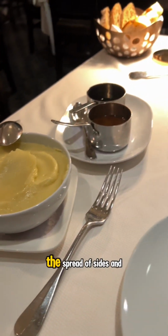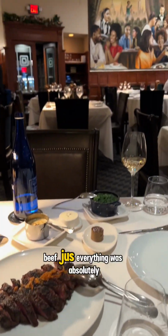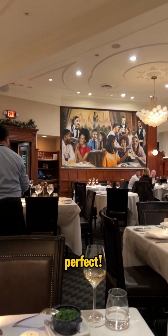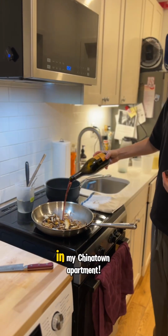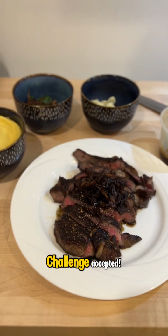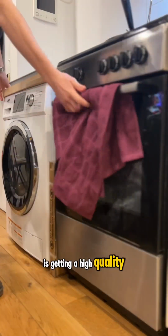But I can't forget about the spread of sides and sauces: pomme puree, blue cheese, beef jus. Everything was absolutely perfect. Now it's time to recreate the best steak in Manhattan in my Chinatown apartment. Challenge accepted. The first step in having a great steak dinner at home is getting a high quality cut from